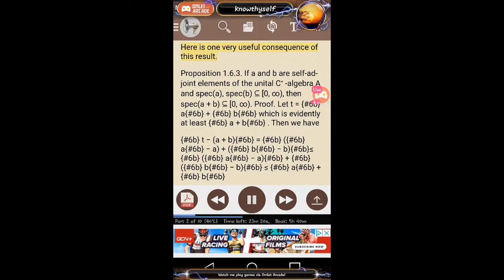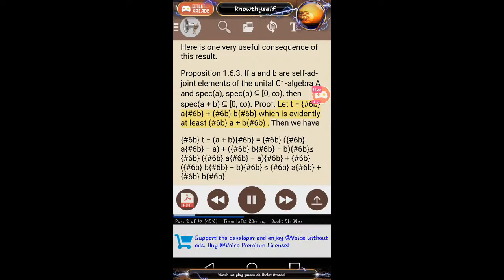Here is one very useful consequence of this result. Proposition 1.6.3. If A and B are self-adjoint elements of the C* algebra A and spec A, spec B are contained in [0, ∞), then spec(A + B) is contained in [0, ∞). Proof. Let t equal ‖A‖ + ‖B‖, which is evidently at least ‖A + B‖. Then we have